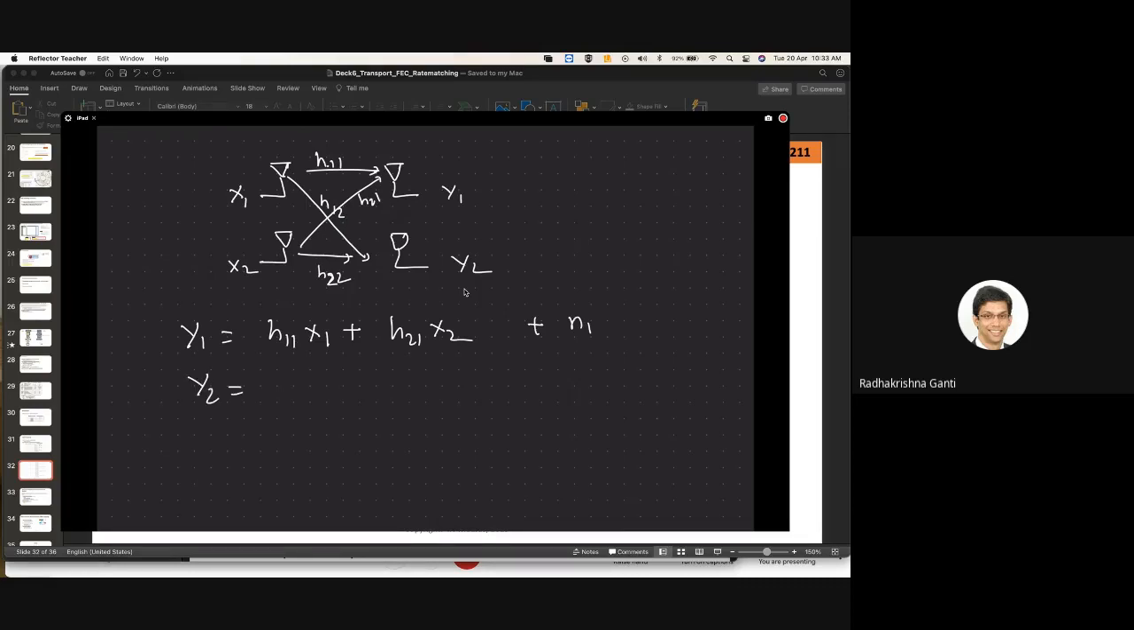Similarly, you get Y2 would be equal to H22 X2 plus H12 X1 plus noise. Agreed? All of you are fine with this equation? These two equations, I will write in a matrix form. I'll write this as Y1, Y2 is equal to